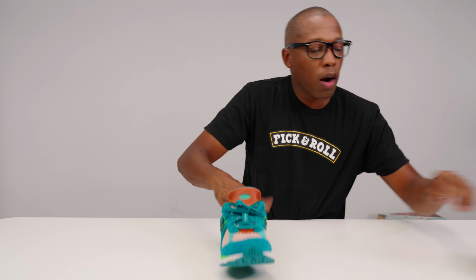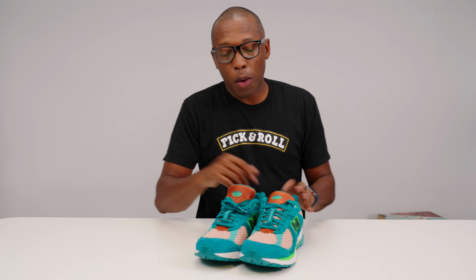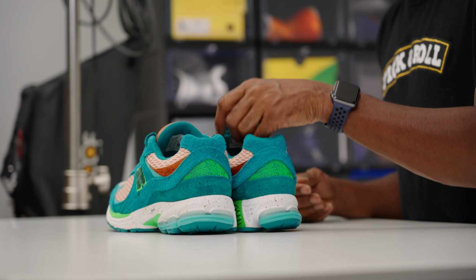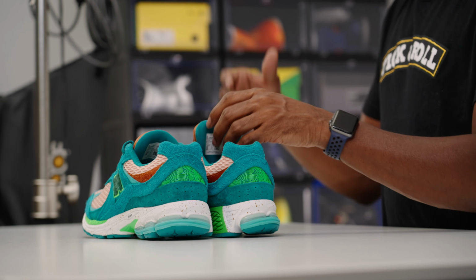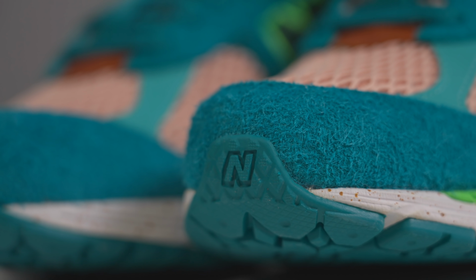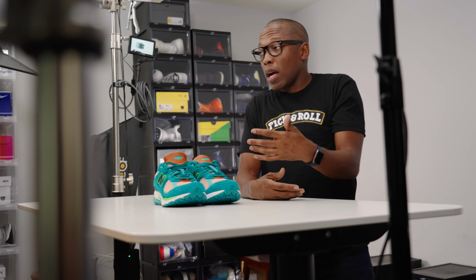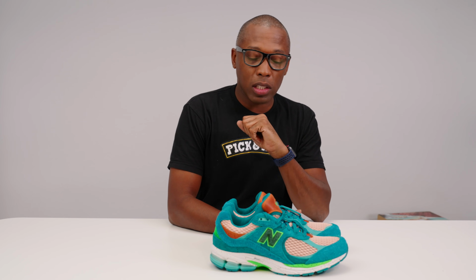Now, these are sold out, unfortunately. I really wish this was something that had a wider release so more sneakerheads were able to get their hands on a pair of these. But what it does give me hope is that what Salehe is doing with New Balance, he's able to further expand the way that people view that company. With silhouettes like these, I think it'll open up the doors for New Balance and give sneakerheads like me that haven't really been up on game when it comes to New Balance, let's keep it a buck here, a chance to open their eyes to that and see what they have to offer, see what the technology is like, see what the